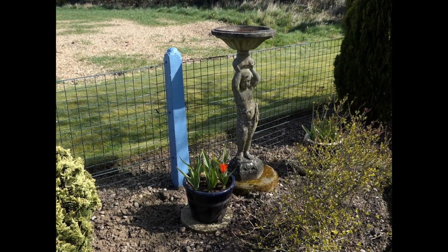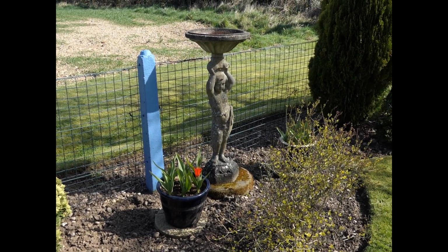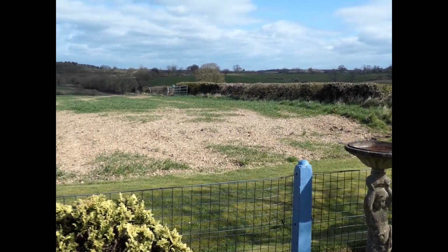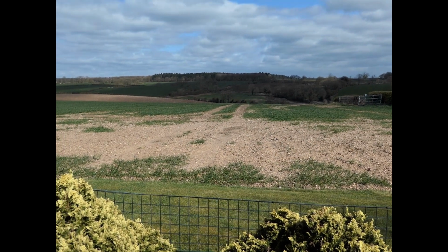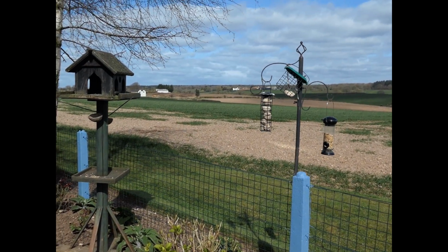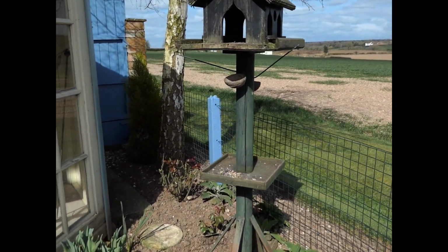dark. Little bits of colour around, some nice red tulips, and the bird drinking station, which of course belonged to my mum. And as we pan round, we have a recently flooded, very badly damaged field. Bird feeding station number 2. And as we approach the roses down here,